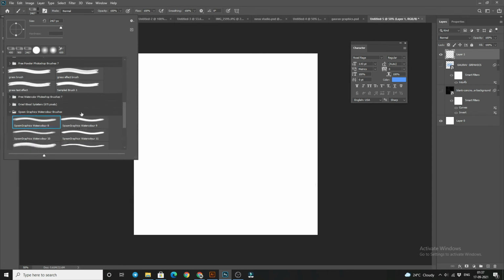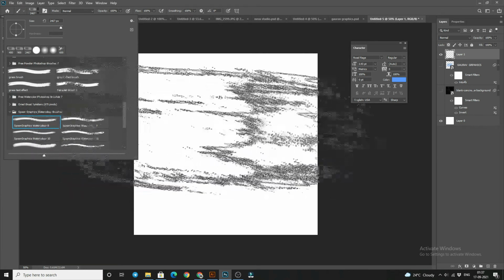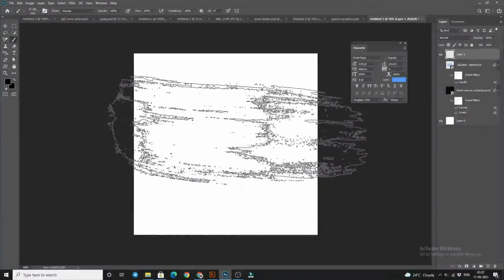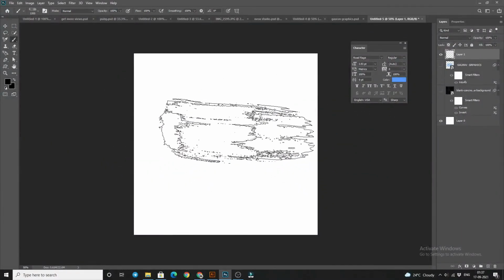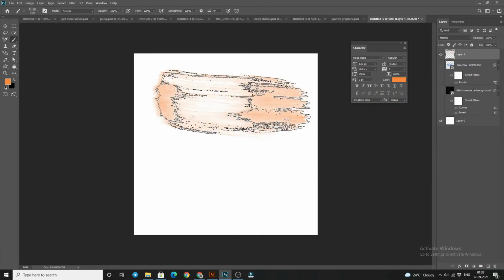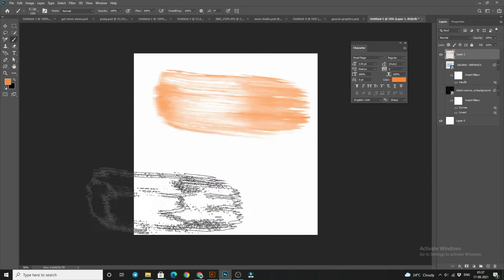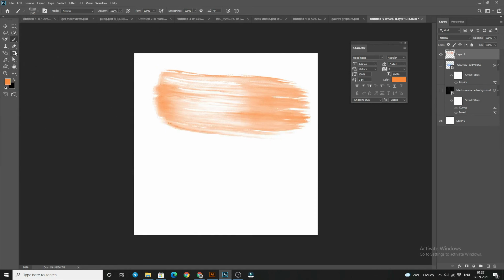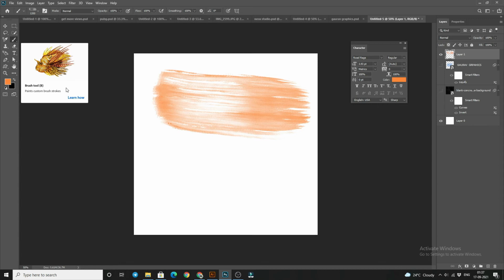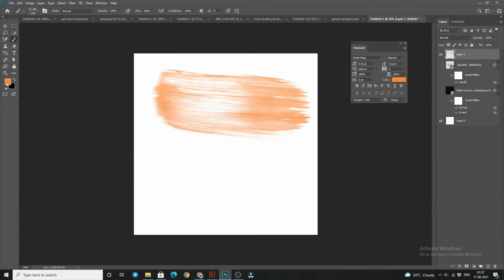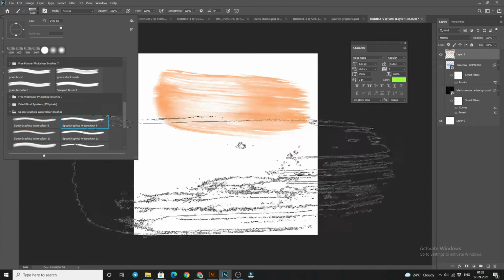So just select it and make it a little bit small. I'm just making it like that, and we can choose some light colors from here and just click here. Now we have to make this type of thing again and again, so I am making it fast only for your showing.